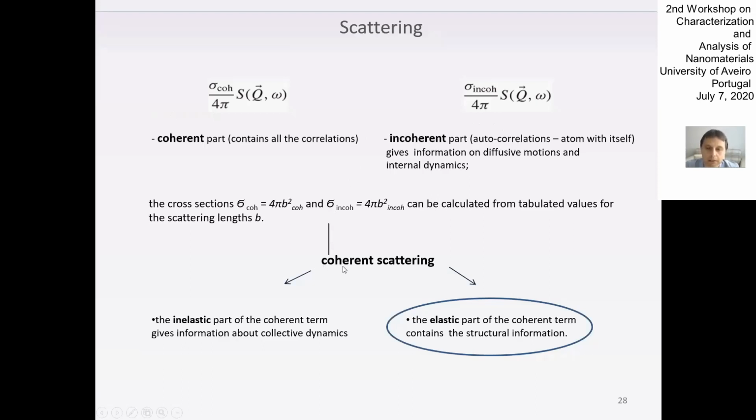Talking about coherent scattering, for diffraction we need only the elastic part of this coherent interaction. Inelastic is also important to get the phonon spectrum and other information, but to get structural information, we have to consider only the elastic part of this